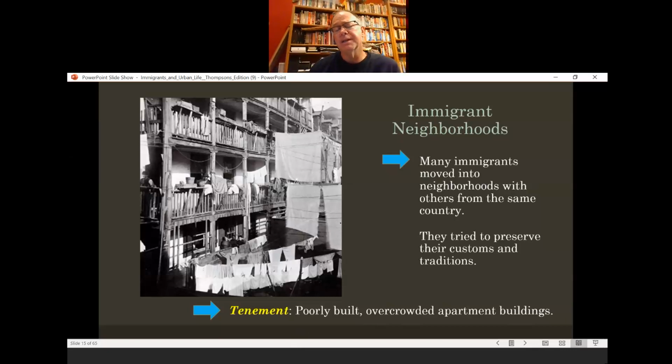What is very important, particularly for later discussions, is what you see down at the bottom: tenement. A tenement is basically a poorly built apartment building, and they are piling the immigrants into these tenement houses. So they are sometimes 5, 7, maybe even a few more people into a room that's only about 300 square feet. Whole families living in very small, crowded areas. Remember, they don't have a whole lot of money. That doesn't mean they're not going to one day, but right now, getting off the boat, the first few years are probably pretty tough.